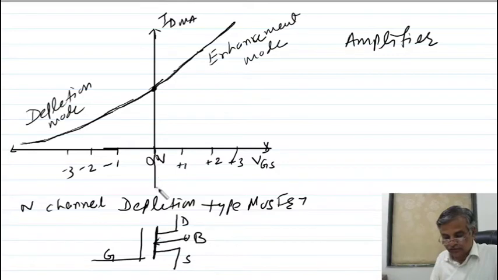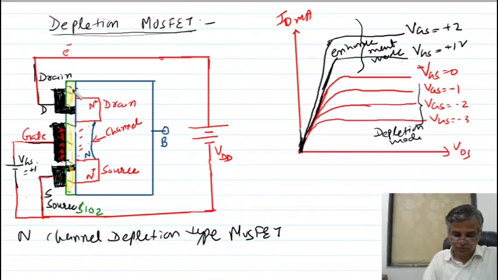If you give the 0 voltage signal, there is no change in the input resistance of the MOSFET. Remember, the SiO2 layer offers a very high resistance of the order of 10 raised to 12 to 10 raised to 15 ohm. In a JFET, there is a PN junction and the current is of the order of microampere, so it has a resistance of the order of 10 raised to 6, 10 raised to 7 or 8 ohm. But here the input resistance is large.